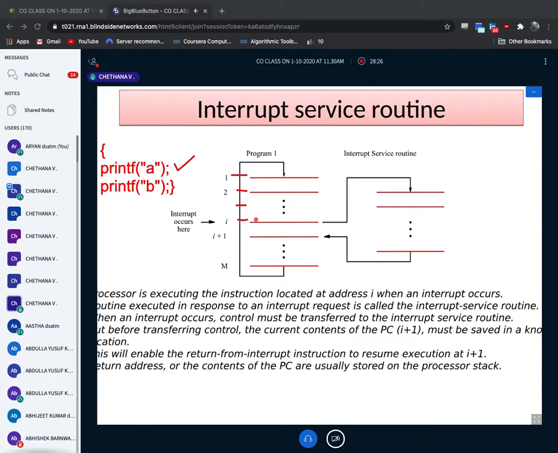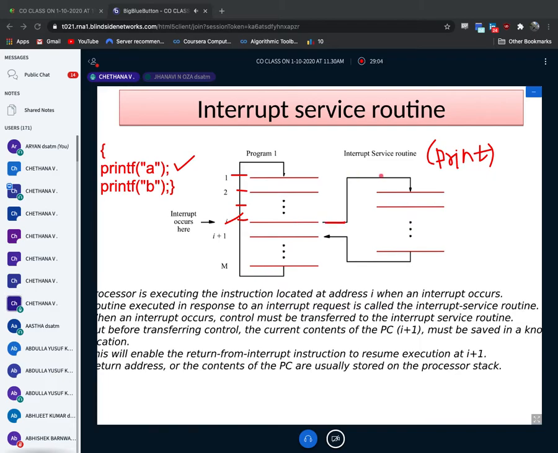Now what should you do? You will call the interrupt service routine. What is that? Nothing but calling the output device. What is that output device? The printer. Here there is one printer. That printer will print A on the output screen. That is the service routine. Who will do the service for you? A printer is an output device, it will provide a service for you. How? Because the processor will call it: I require your help now to print one statement, just A. You print A. So I call it here. Now it will do the work.